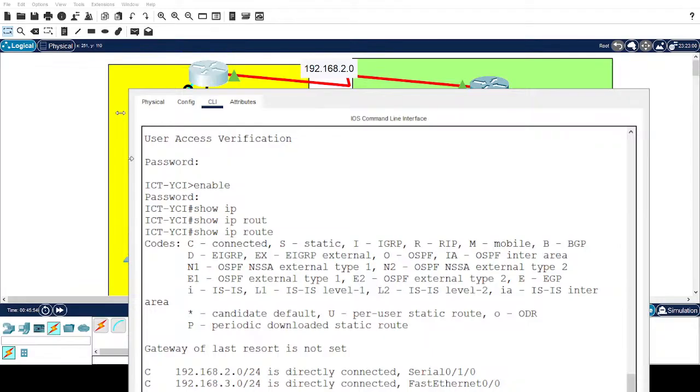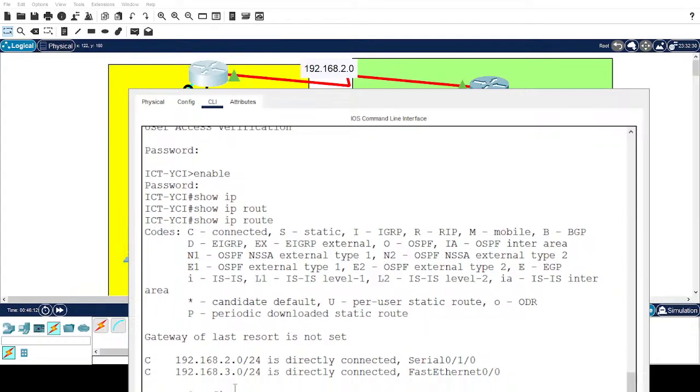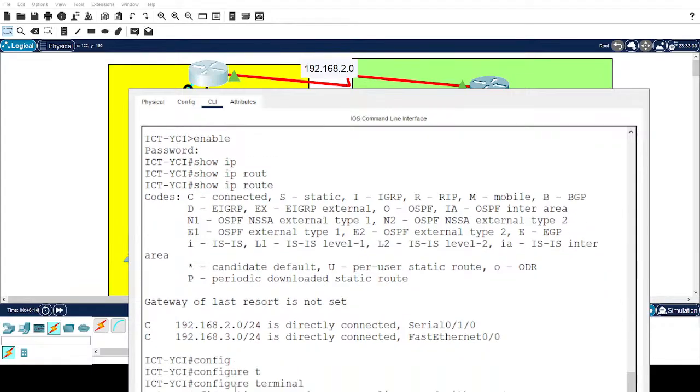A static route is something that we looked at in chapter number 8, except that we're now going to configure it in the router. So we go to global configuration mode. We're on router number 0. Remember, on router number 0, the network is network 3. So we say configure terminal, and to connect to router number 1, we need a static route. So I say ip route,